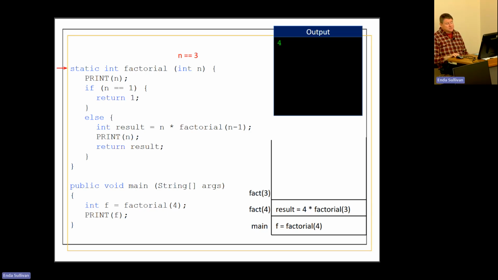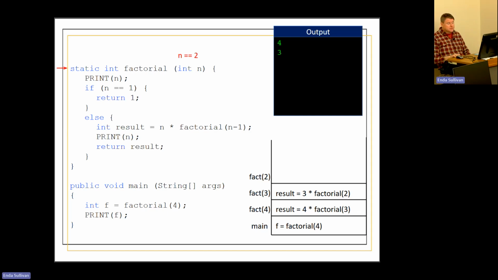So when n equals 3 comes in here, we print out the n, there's your 3, and we check is 3 equal to 1? Well, 3 is not equal to 1, so we go down to the bottom and we say, well, okay, then the result is going to be equal to 3 times the factorial of 2. So we're going to write that in the box because we don't know how to answer that question right now. In order to answer that question, I have to figure out what the factorial of 2 is. So all of that is still pending work, and we're going to leave that asleep for now, and we're going to call a whole new method which happens to be called factorial, to which we're going to pass the number